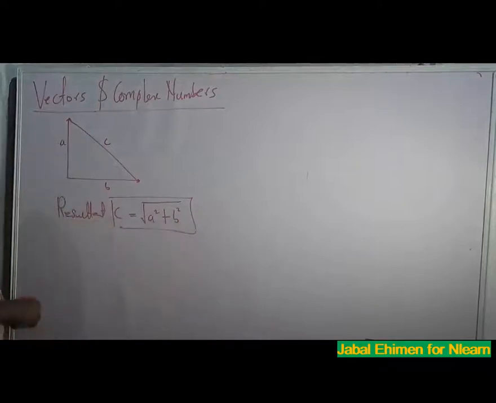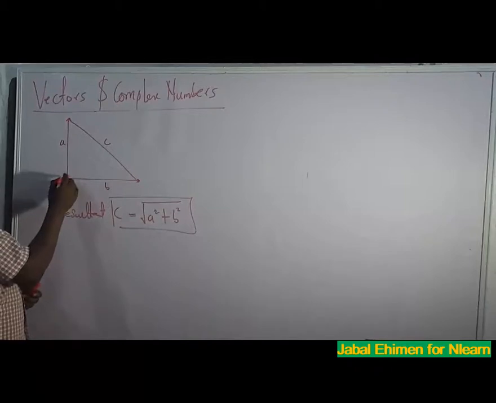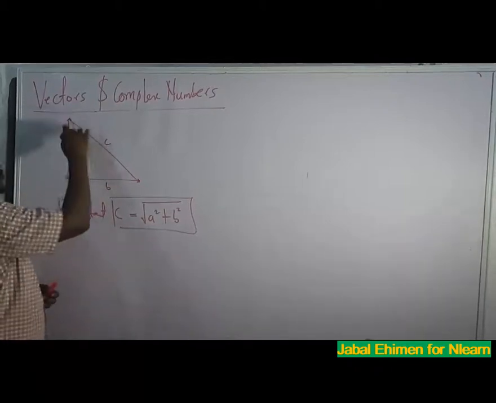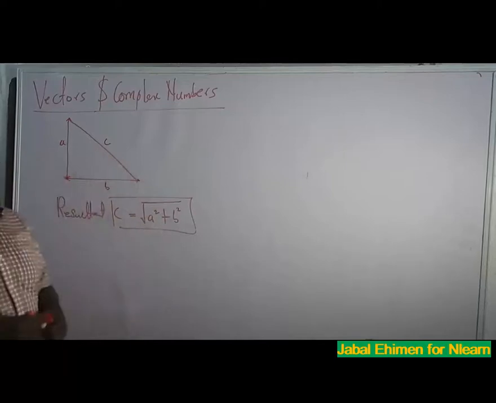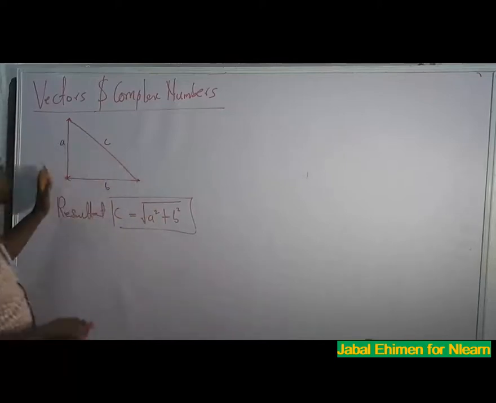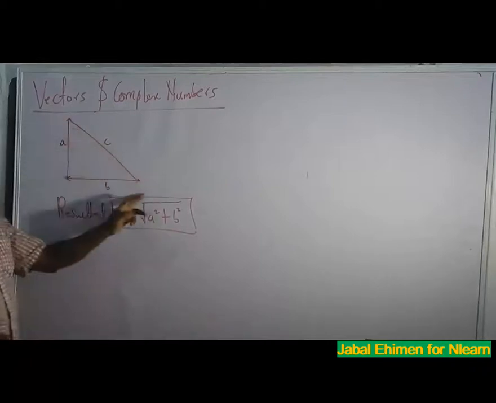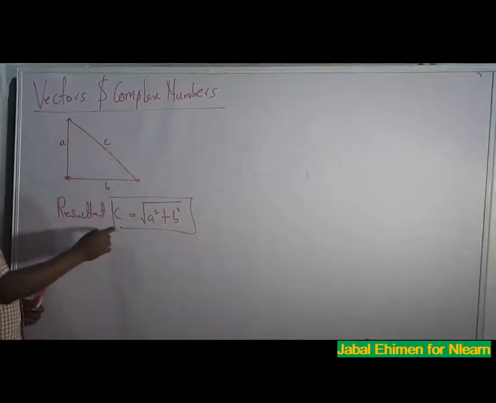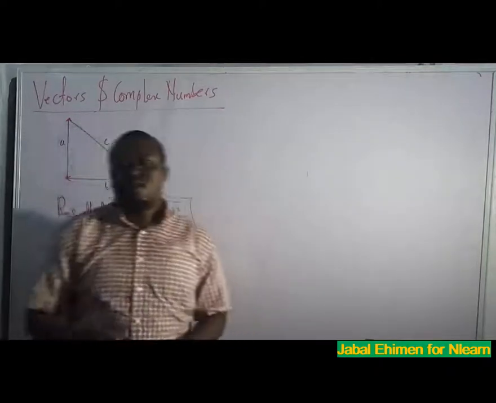Now, these two vectors, vector 1, vector 2. If you bring them together, what you get is the resultant. That resultant, which is the third vector, will give us the resultant. But the question is this: you may ask yourself, what's the difference between